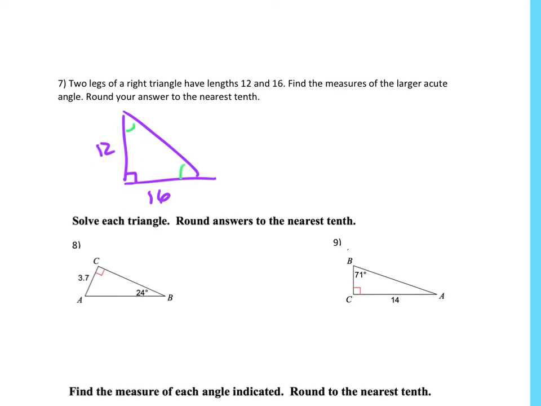And if you remember, hopefully, from geometry, that the smaller the side, the smaller the angle opposite it. So if I'm comparing 12 and 16 here, the angle opposite 12 is going to be smaller than the angle opposite 16. So the larger of the acute angles is actually, let's call this angle A, is angle A that we're looking for. So 16 is opposite, 12 is adjacent. I'm going to say the tangent of angle A equals 16 over 12. And then remember, when you're trying to find the actual angle, you use the -1 buttons. So tangent -1 of 12 divided by 16